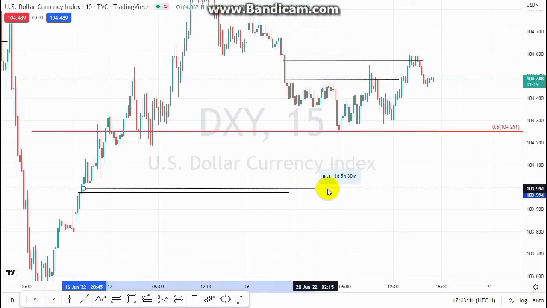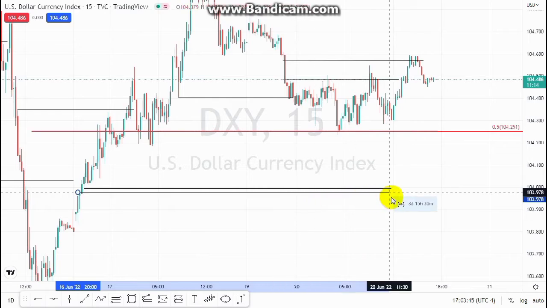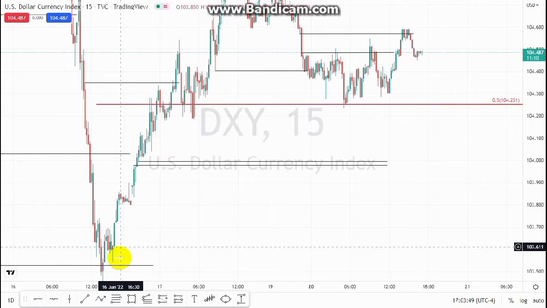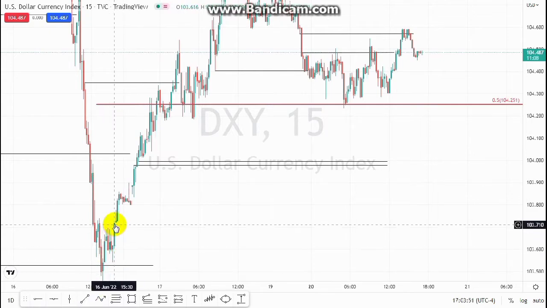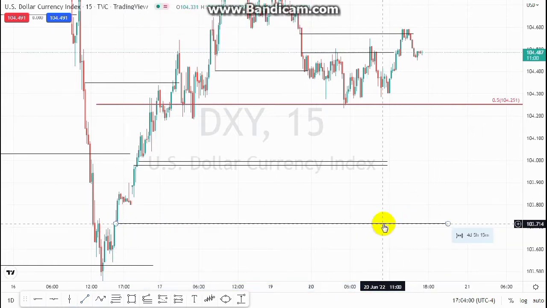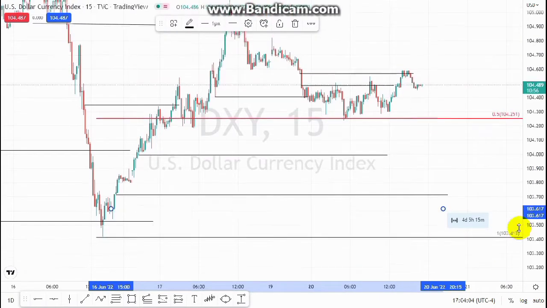Also we have this huge fair value gap below here. So if price is going to continue bearish, it is definitely going to take out this short-term low as a continuation to the downside. But looking at this price action at the same time from the 4-hour perspective,